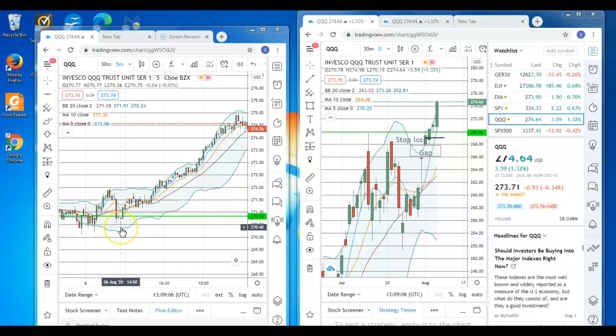usually occurs. However, if you are swing trading, you would have placed your stop loss below the low of the previous day, which was $269.96. Join us to find out exactly where you place that stop loss. And then you just allow your stock to play out throughout the day. If it had dropped below a certain point, it would have kicked you out of the trade and protected your profits all the way up to this point.